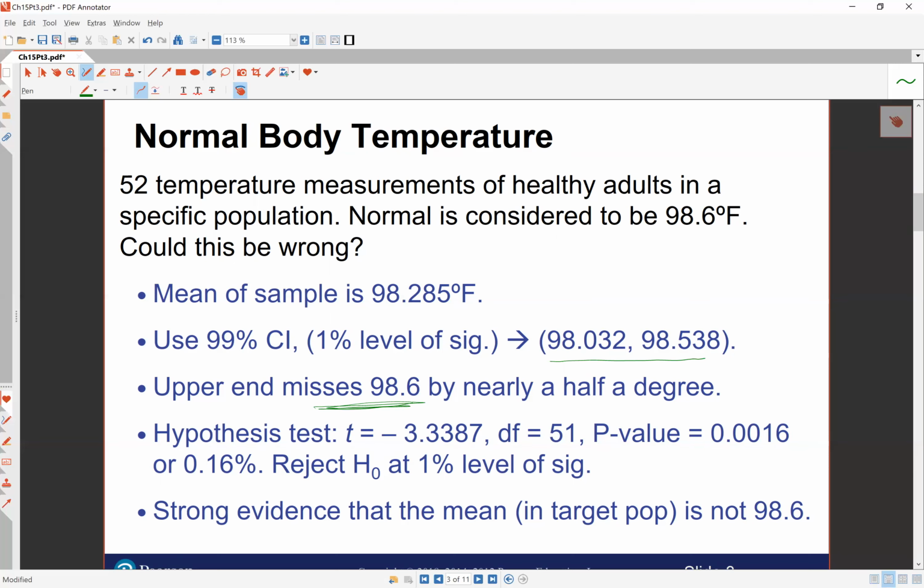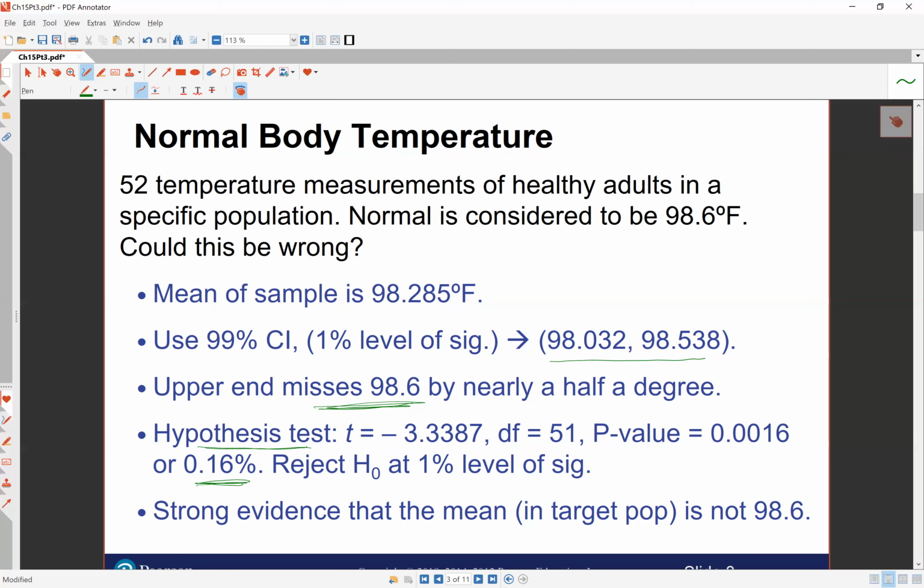But okay, the confidence interval tells us here that the value 98.6 is not consistent with this data. Let's see if a hypothesis test gives us the same result. In this instance, if you calculate your test statistic, you would do a t-statistic, which would have 51 degrees of freedom, and you would get a p-value of 0.0016